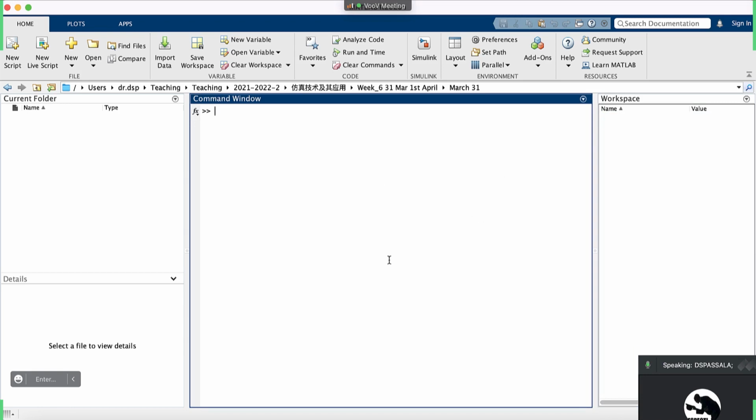You can see my screen, right? 大家都可以看到我的屏幕吧？好，那